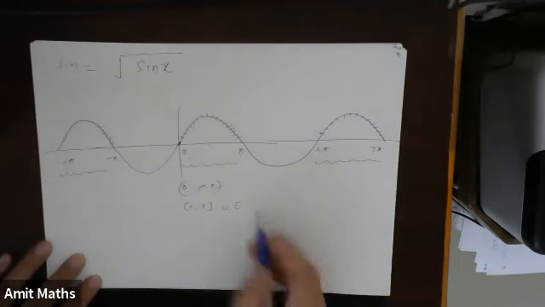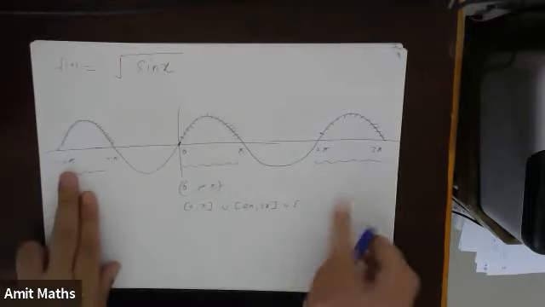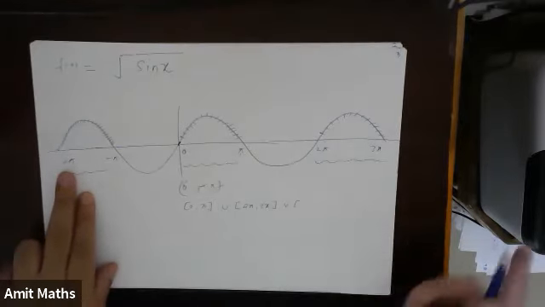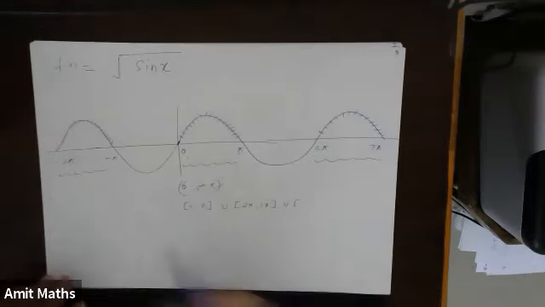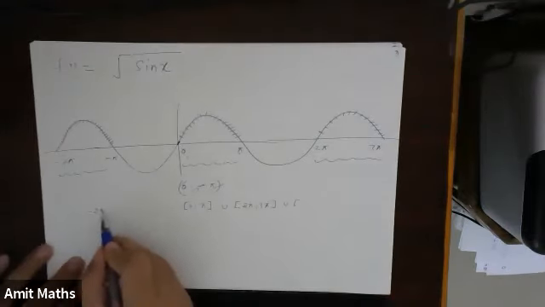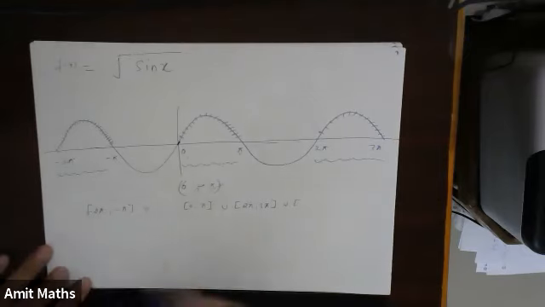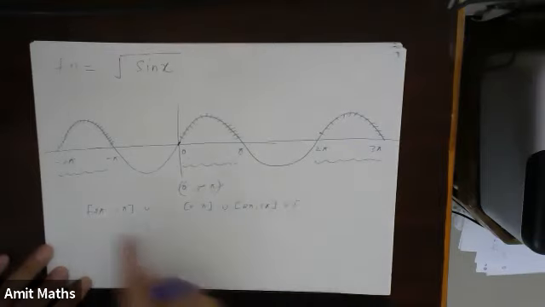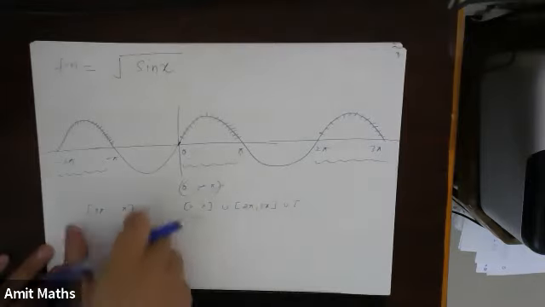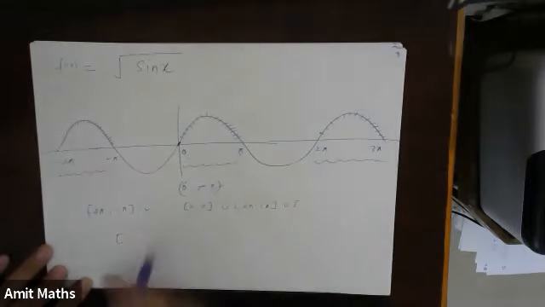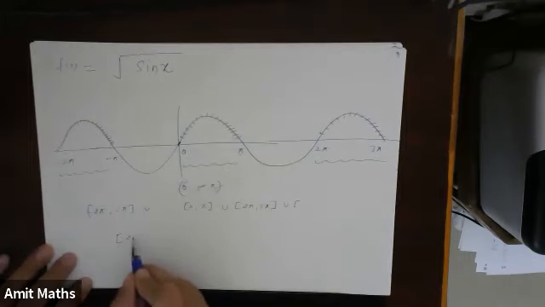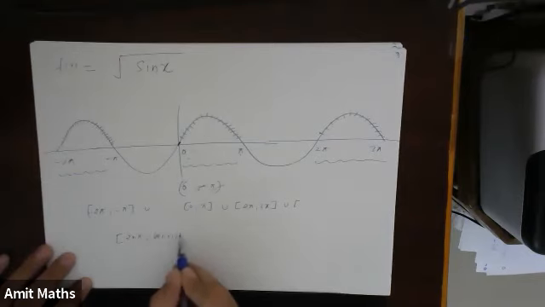union 2 pi to 3 pi, union next will be 4 pi to 5 pi, then 5 pi to 6 pi, and so on. And the previous one will be minus 2 pi to minus pi, union, and so on. But instead of this, we can unify the result and write 2n pi to (2n plus 1) pi.